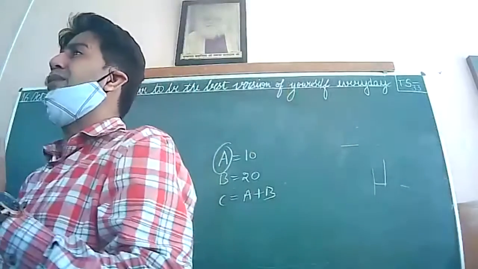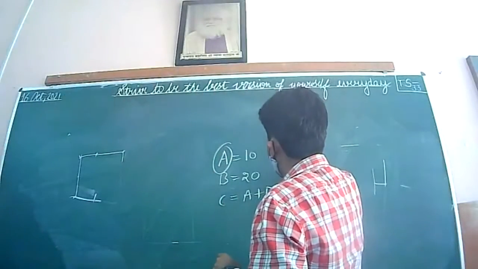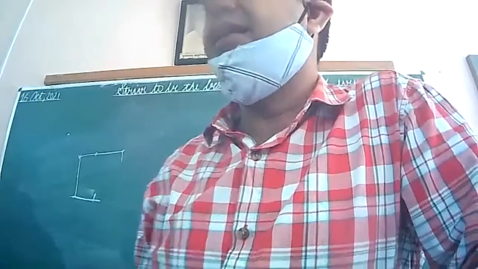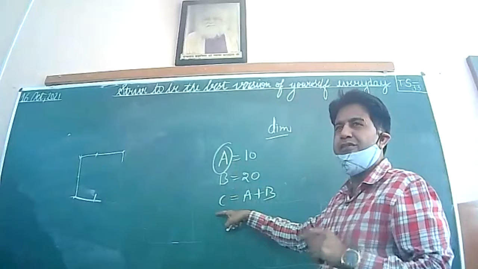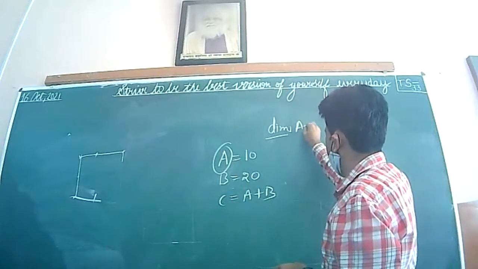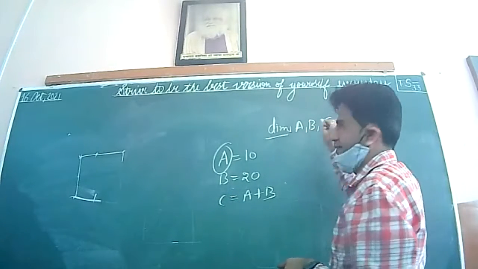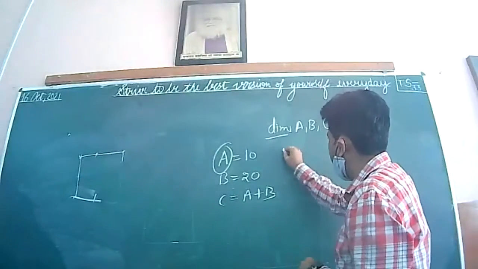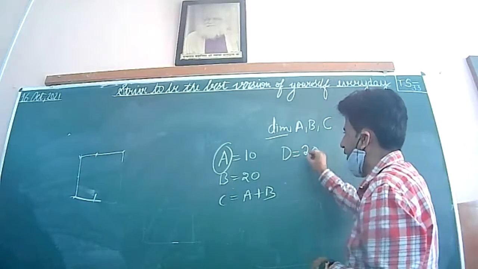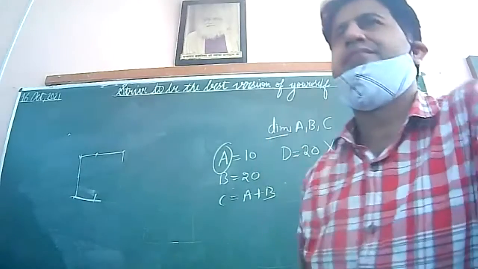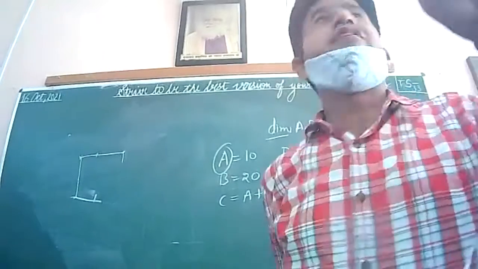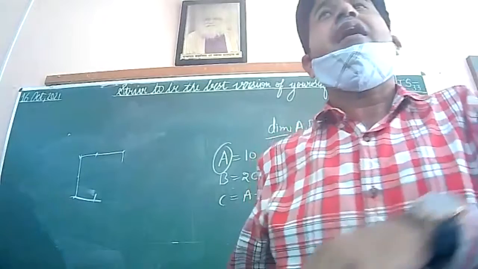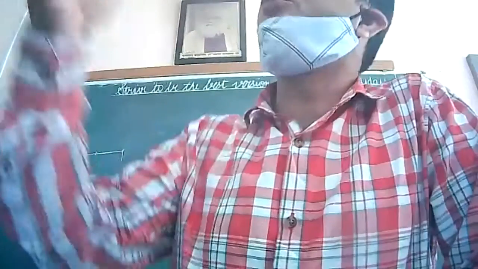And how to declare variables? That is with the help of Dim. Dim stands for dimension. Okay. Here I declare how many variables we have? Three variables: A, B, C. Clear? Without declaration, suppose I am using A is equal to 20, it will generate an error. Why error? Because without declaration we can't use any variable. Okay? And variable names are user defined.